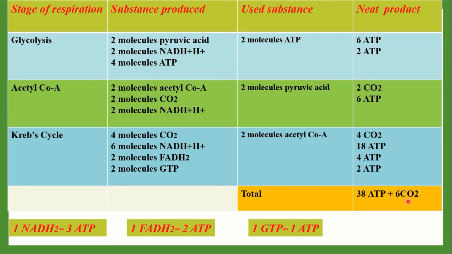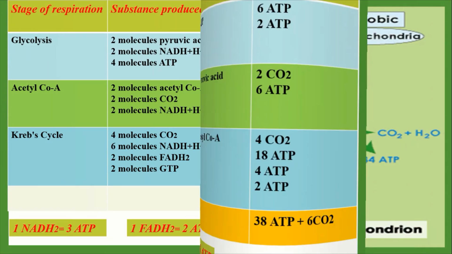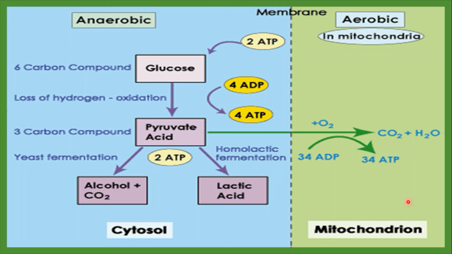Okay everybody, now let's see the anaerobic respiration process. You know the anaerobic respiration process occurs in absence of oxygen. That is why it is called the anaerobic respiration process. That is, in the anaerobic respiration process, the respiratory substance or substrate is partially or incompletely oxidized with the help of enzyme and produces different types of organic compounds like ethyl alcohol, lactic acid, etc., carbon dioxide and a small amount of energy.